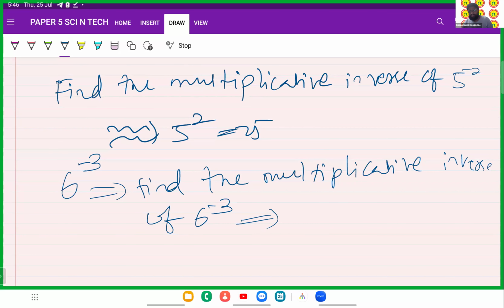Sai Karthik, what is your answer? Zubair correct, Amurtar correct, Sai Karthik correct, Sahiti correct. Lasya, where is your answer? Please send it on the chat box. Yes, sir. Yes, Nainika, yes. Rudra, what happened? You please check the question. You mistook the question. Find the multiplicative inverse of 6 to the power minus 3. Please send it on the chat box.